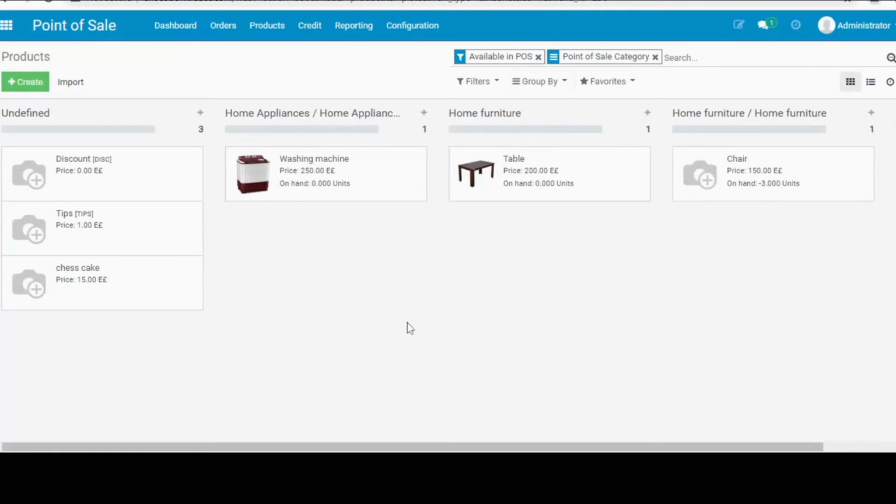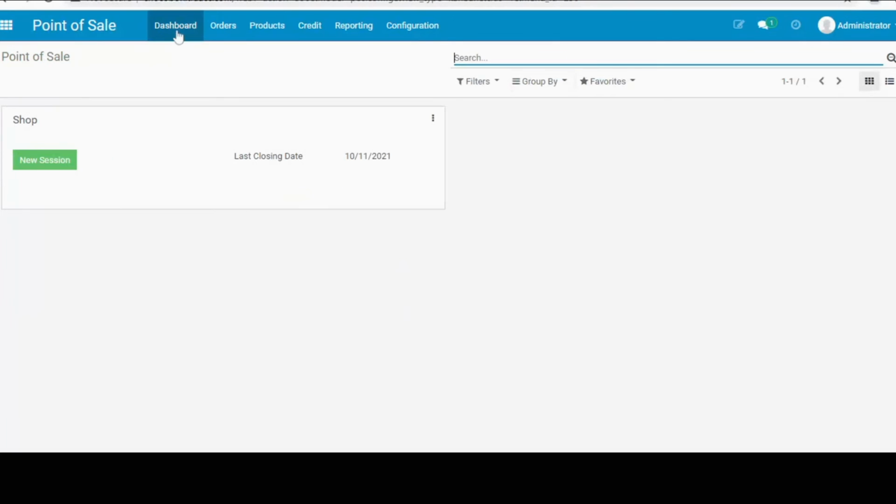So the next thing is we can create a new order, and you can choose the new session. You can see the new session. You just click that.